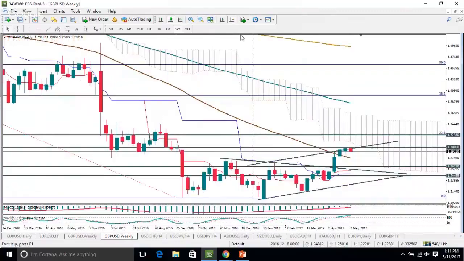Last week, the British pound took a leap to the downside, but the 50-week moving average, which is located at 1.2818, provided good support, and after all, the British currency managed to bounce from this level and return towards 1.30. All in all, the fact that the British pound is at these 7-month highs